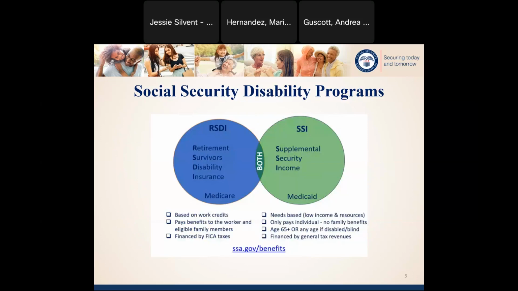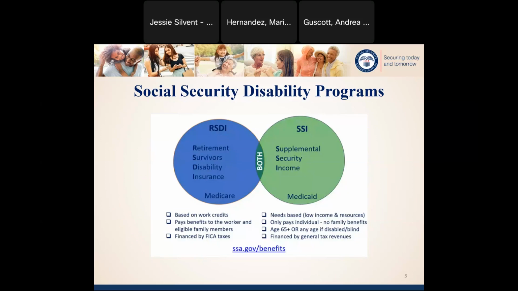So I'm going to discuss our disability programs in slightly more detail, as many of the types of overpayments that I'm going to cover today stem from the disability program. So this chart highlights the major differences in the SSDI and SSI programs. SSDI is funded by the FICA tax, which is a tax collected on the wages of working individuals. So therefore, this program is based on someone's work and earnings. If they have enough credits paid into the FICA tax, they are insured to receive a benefit. And their qualifying family members may also be eligible for a benefit based on their earnings history.